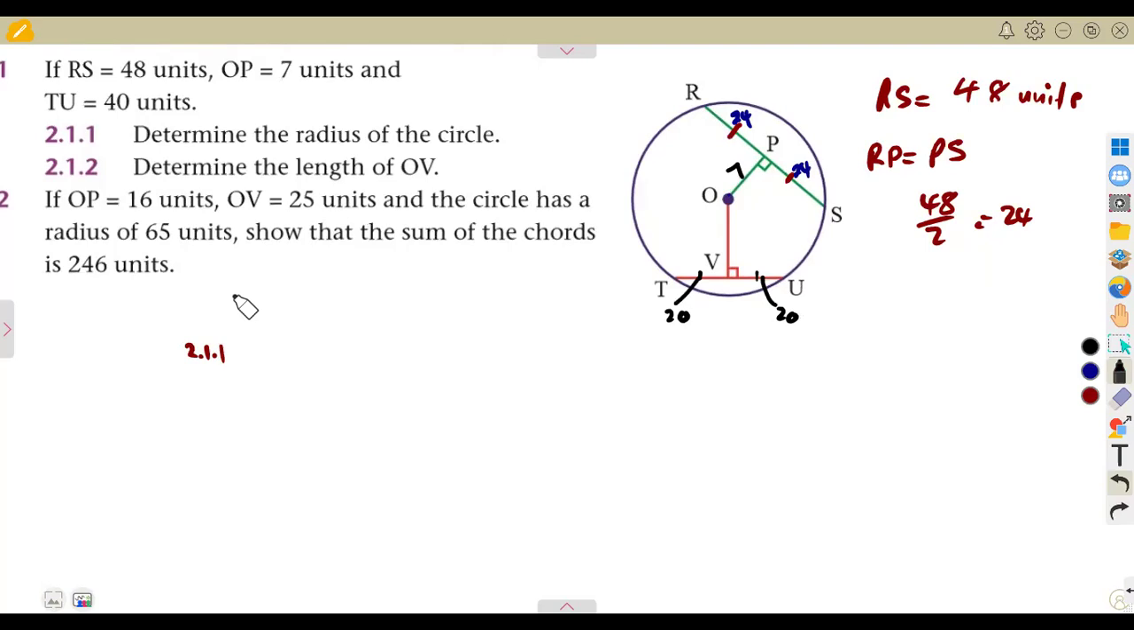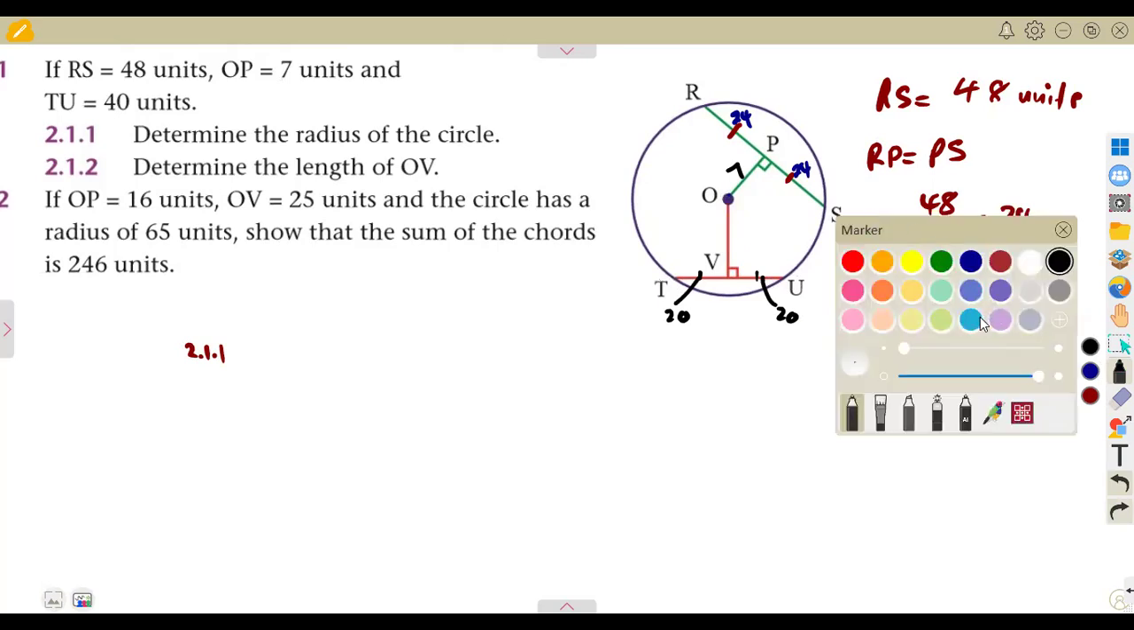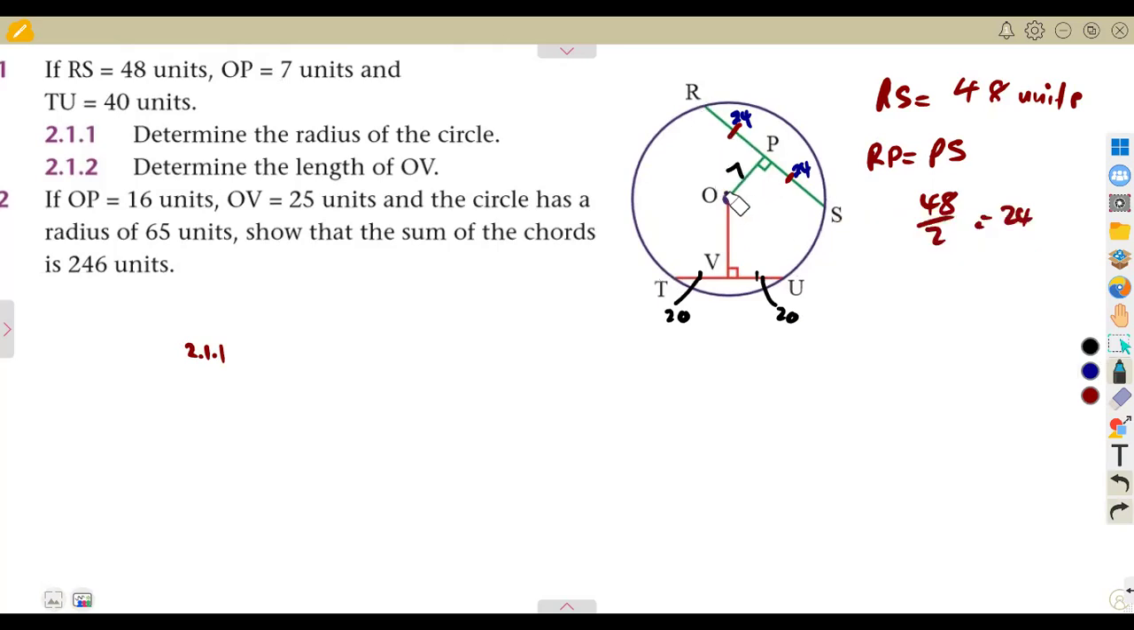The radius of the circle is the line that is drawn from the center of the circle to the circumference. So OT is a radius, OU is a radius, OS is a radius, OR is a radius, as long as it is drawn from the center of the circle to the circumference. If we were to complete this from O to S like this, or from O to R like this,